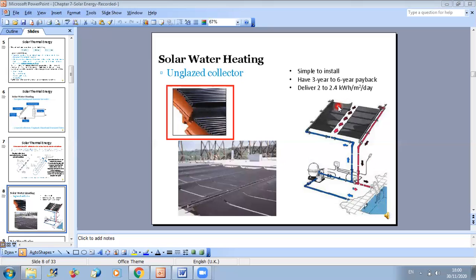Now, the amount of heat delivered by such a system is between 2 and 2.4 kilowatt hour per meter square per day, which is considered a low energy output, but it's acceptable depending on the application. For heating a swimming pool, it's very good, and it has several advantages due to the simplicity of the design. But we cannot reach very high outputs because we have losses due to convection effects. So if we need more energy to be produced, we should go to other systems. A better system is